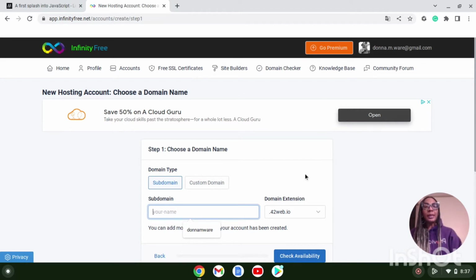So this is going to be all right for us, though, because again, this is a free website. But the thing that you want to do for yourself is to choose a subdomain that you're going to use in your real business. So for example, let's say you have a restaurant and the name of your restaurant is the Green Garden. So you want to use that even though there's a subdomain extension attached to it, so that when